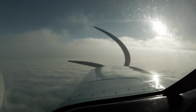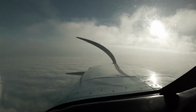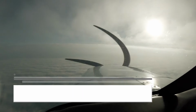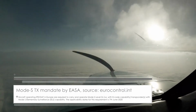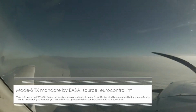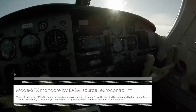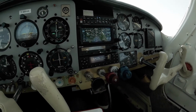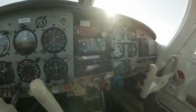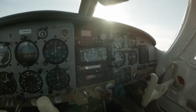So ADS-B is not going to be mandatory anytime soon for general aviation here in Europe, but from the beginning of 2018 it is mandatory, well, in almost all airspaces, to have a Mode S transponder, which in my opinion is inferior to ADS-B, but yeah, that's just how it is. Anyways, this transponder is capable of Mode S, so I can satisfy this mandate of the EASA. But in addition, it has ADS-B in and out. So not only am I visible to more people out there, because there are different technologies how you can get